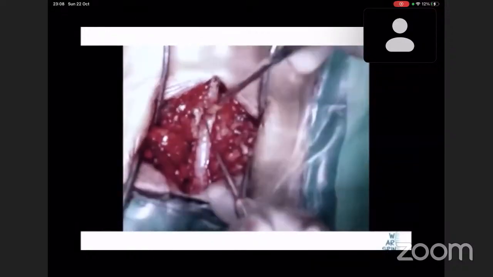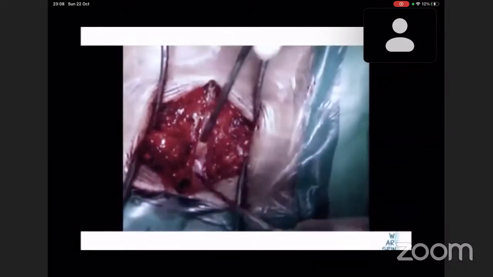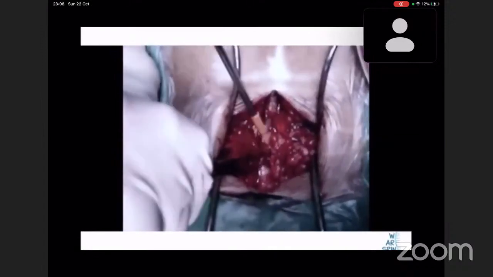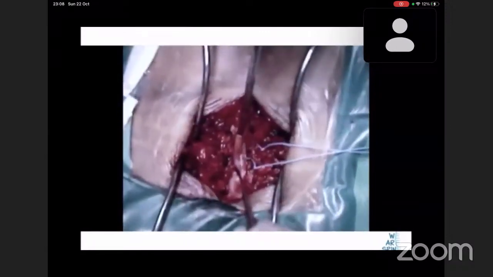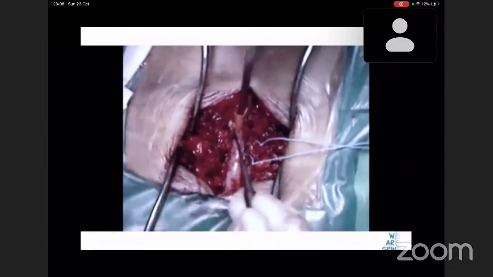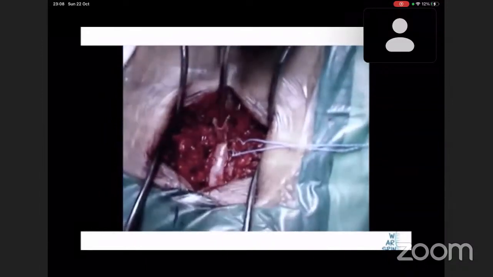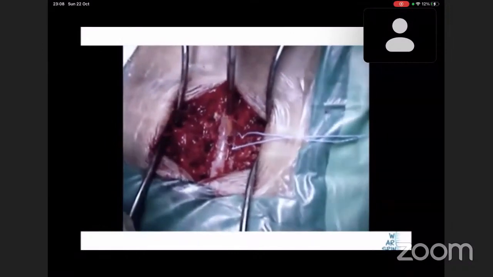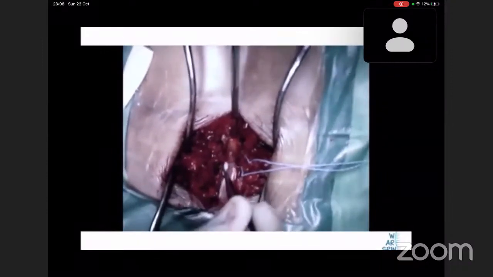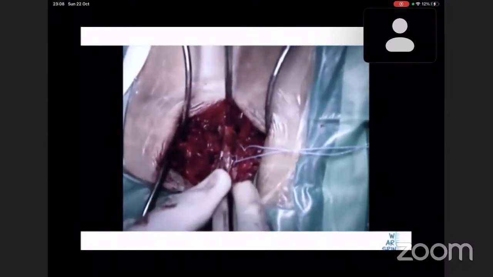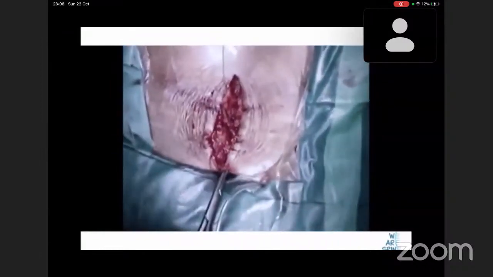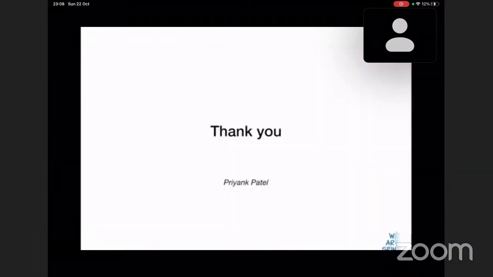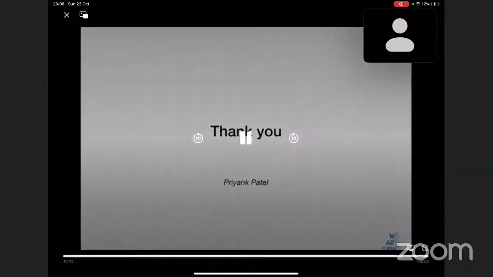Once adequacy of decompression is checked, the area is then packed with the help of patties, and the facetectomy of the other side is done to get a good bilateral thorough lumbar decompression. Once the adequacy of decompression is checked, the lateral recess is then packed with strips of cut gel foam, which help control the epidural bleeders. And then the skin is closed over a drain in multiple layers. So that's all about laminectomy. Thank you and have a nice day.